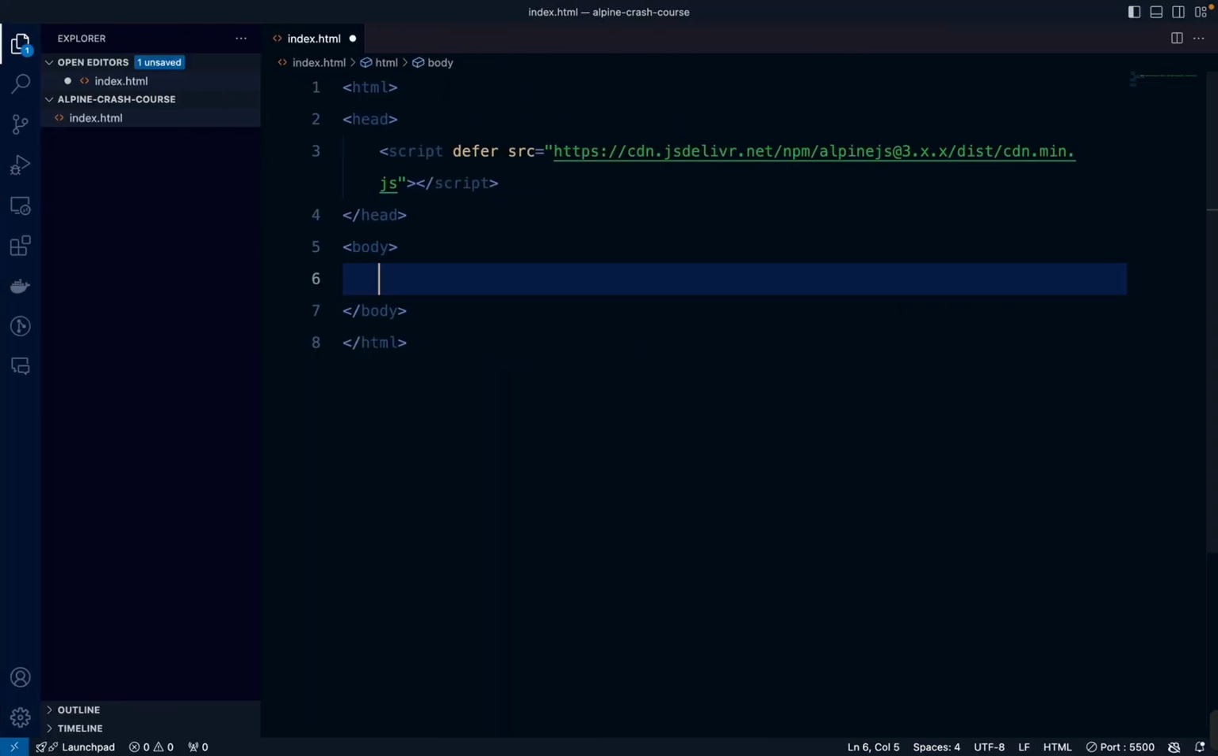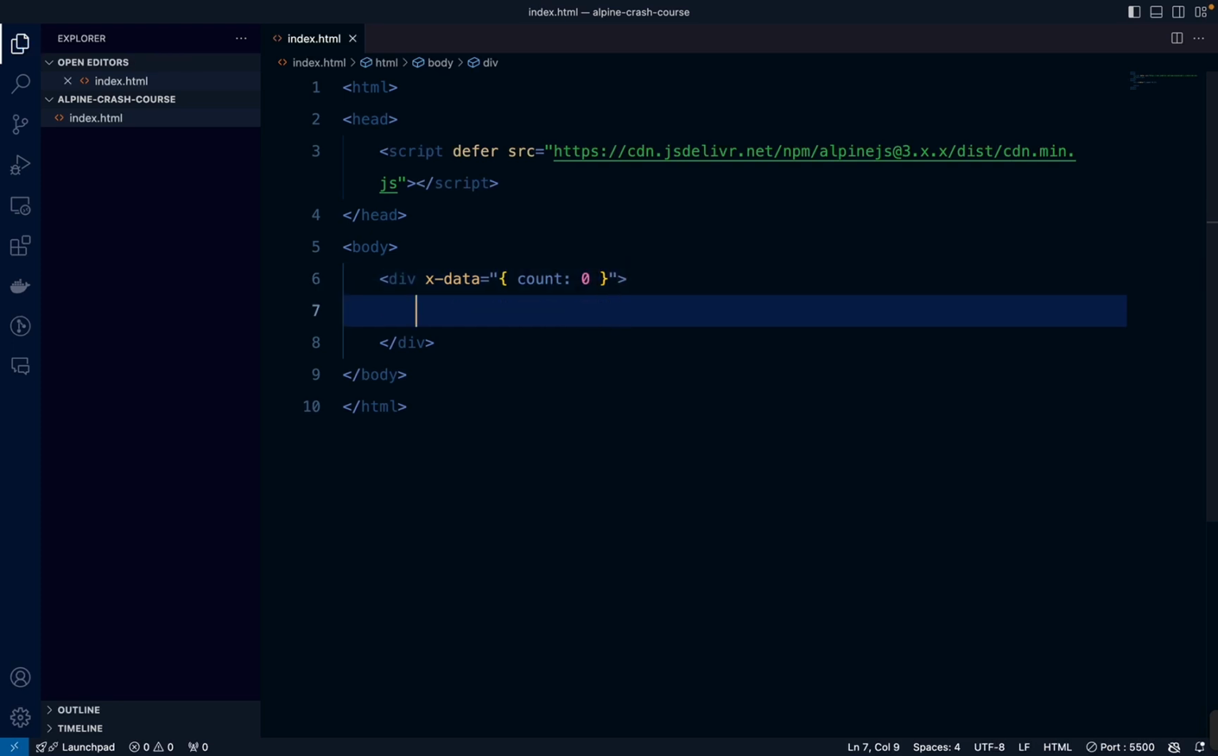So let's look at a practical example of how interactivity works. We're going to start with creating a counter. In order to initialize an Alpine component, all you need to do is add x-data, and this expects an object, and you can provide the data that the component is going to use inside of this. So let's say that we have a count property here, and we're going to initialize that to 0. And then let's give it a simple counter,